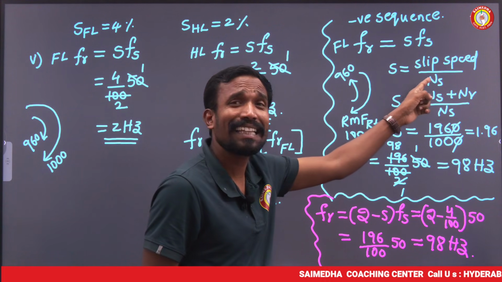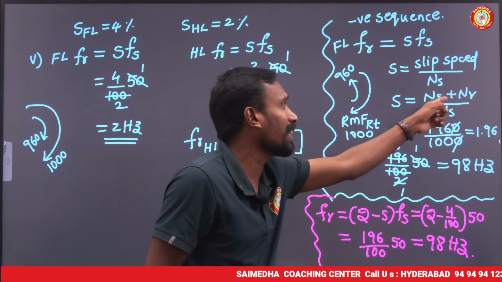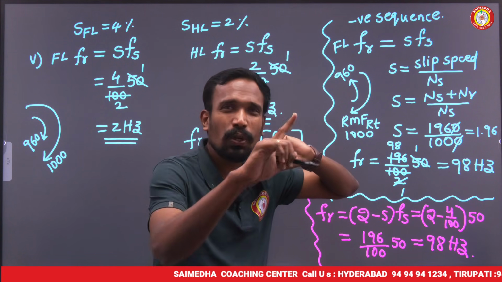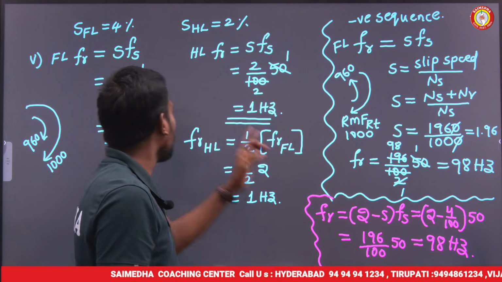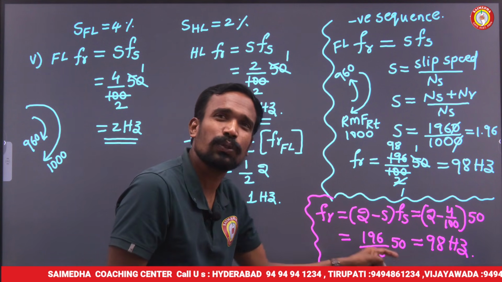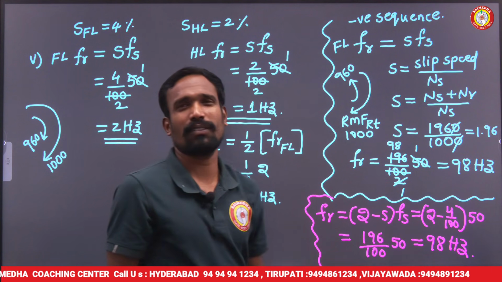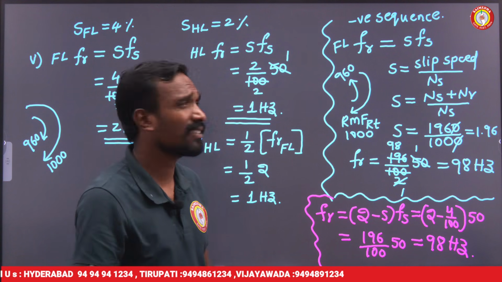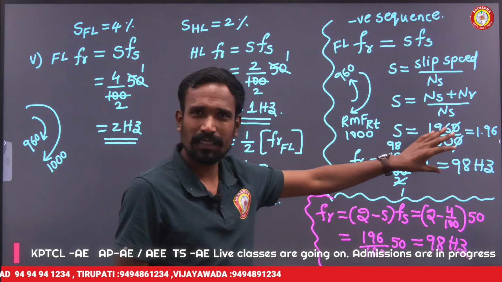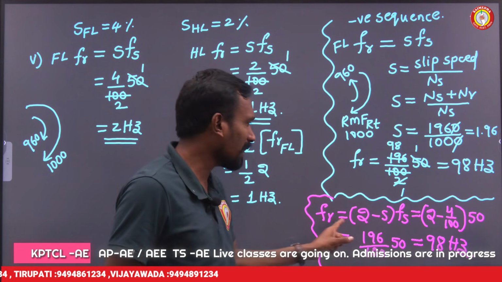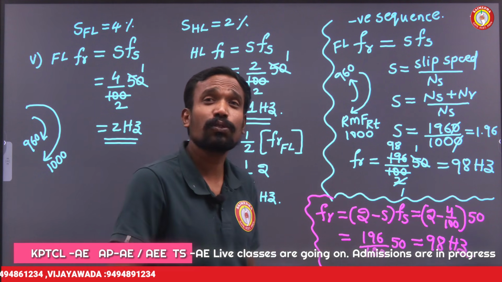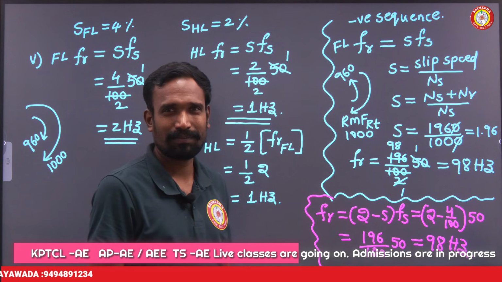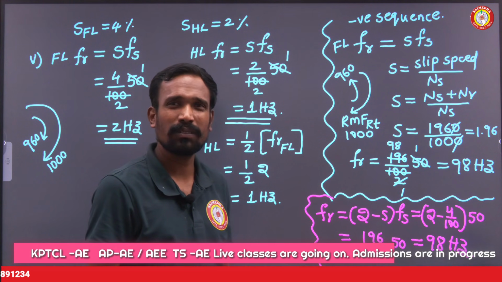But otherwise you need to calculate another S value by taking the plus. Don't waste your time. Just simply take the same S, but here take (2 minus S) into Fs. If the students understand the concept, they will go for this. If the students are intelligent, they will go for this. If the students are very intelligent, what will they do?